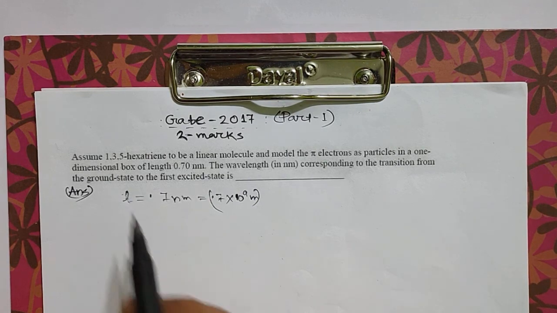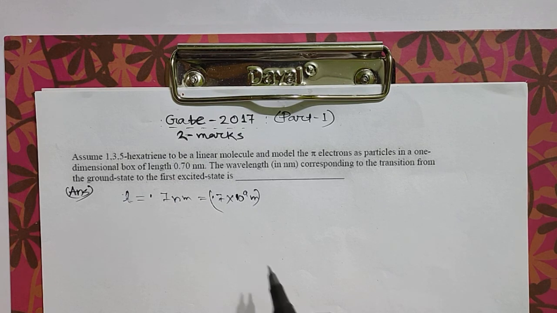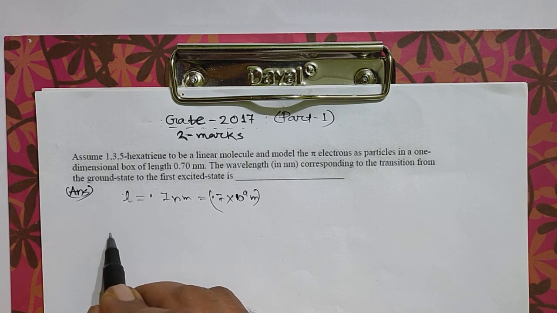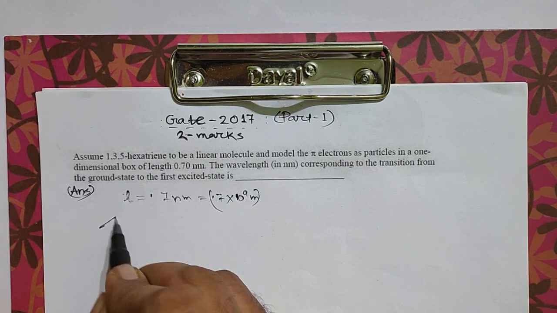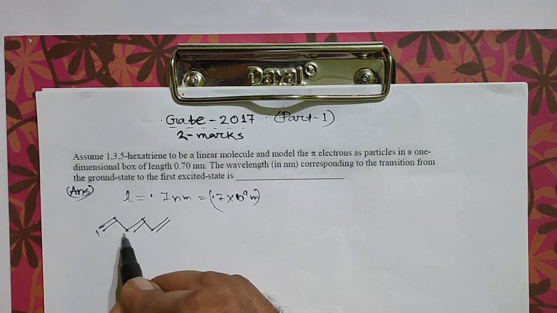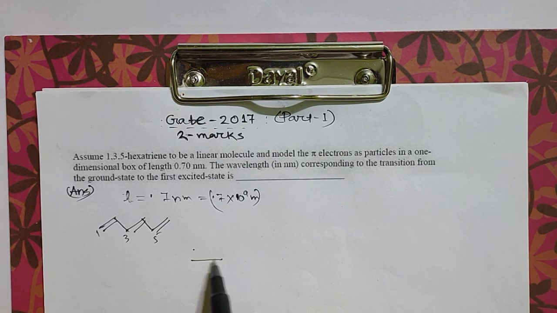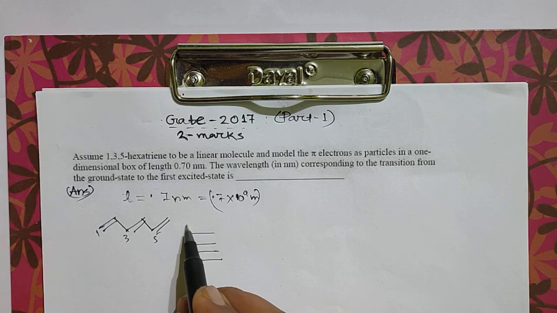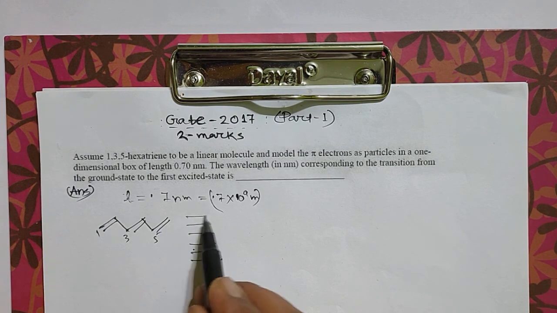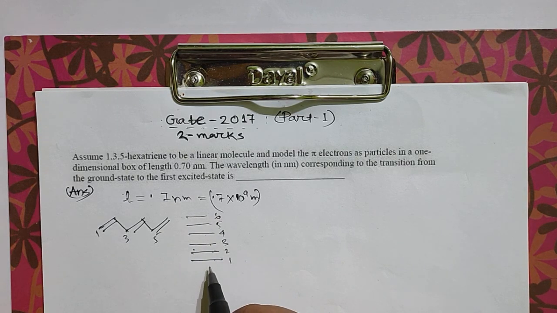So first they have given 1,3,5-hexatriene. In that case, what excitation will be there? So first we have to see the structure of 1,3,5-hexatriene. The structure of 1,3,5-hexatriene is this one. Okay, so this is 1,3,5-hexatriene. In that case we have to see first the energy levels. So the energy levels will be this way. So 6 atomic orbitals give 6 molecular orbitals, so that will be 6 energy levels, 1 2 3 4 5 6. In that case total 6 pi electrons, so each of the lower orbitals will get 2 electrons.